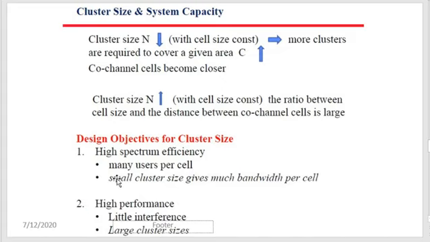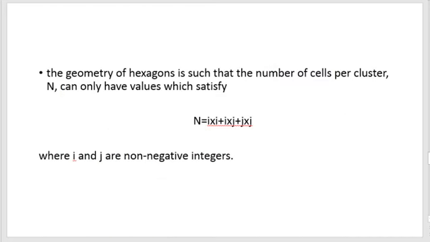A small cluster size is desired, and a large cluster size is also desired, but there will be a trade-off between capacity and interference. If you want more capacity, interference will increase. If I want to reduce the interference, capacity will also reduce. So we use the word trade-off. We end up optimizing a system so that whatever our requirement is gets fulfilled. So this we have already seen.